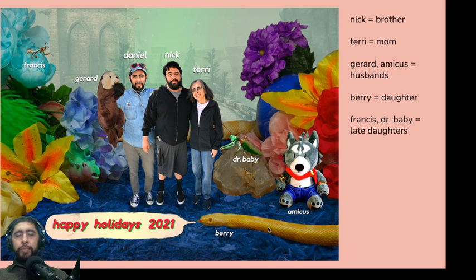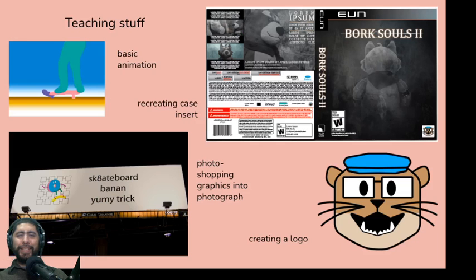Barry is my currently alive daughter from this. I didn't have Morgan when I took this picture. And Francis and Dr. Baby, they're my 2 late praying mantises. They died last year. They only last about 8 to 12 months usually. So yeah, they passed away and they had decent lives, I hope. I was their dad, so I hope so.